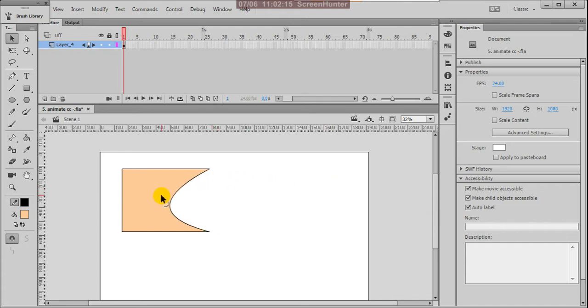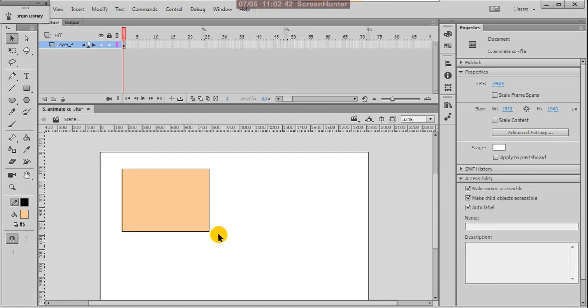See, you are actually editing your shape with this selection tool. This is very helpful when you are creating characters and different shapes. Control Z.